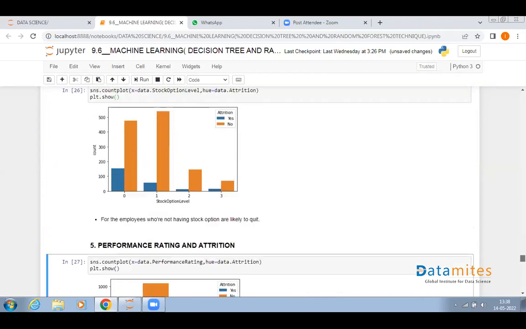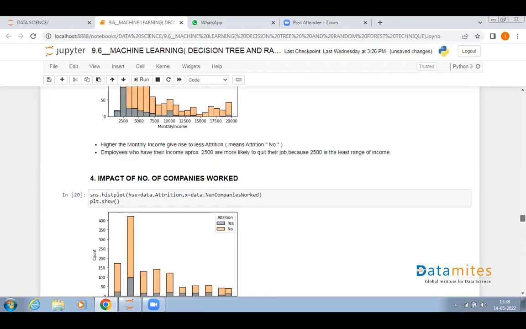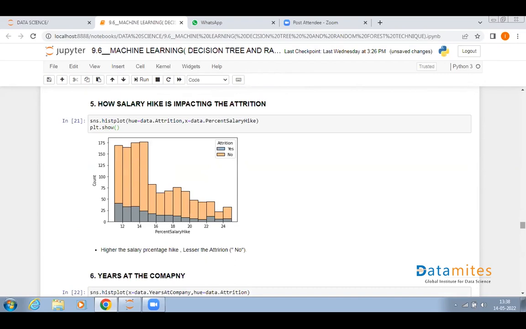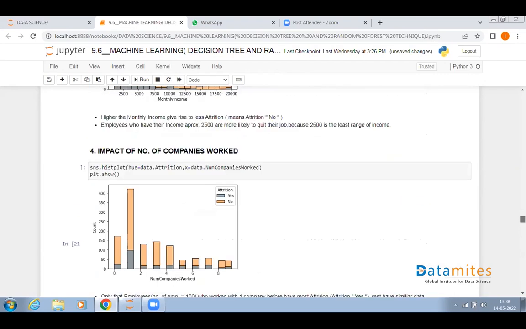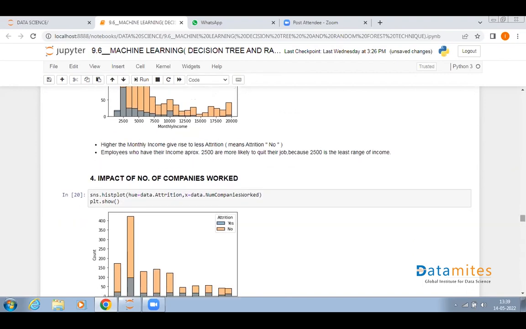So these are all the important features which are affecting our attrition. So this is all about our data analysis. And why is data analysis so important in data science? As told in the beginning, ma'am told us that it is important because it helps businesses optimize their performance. For example, implementing it in the business model means companies can help reduce their cost by